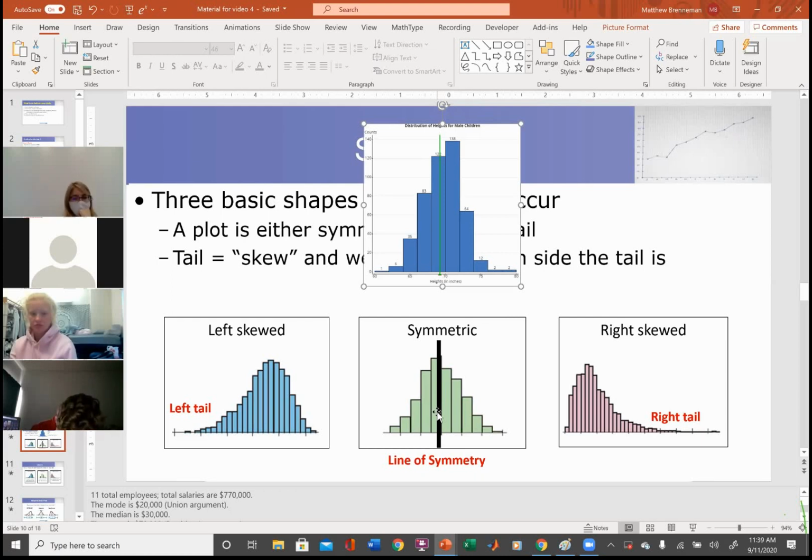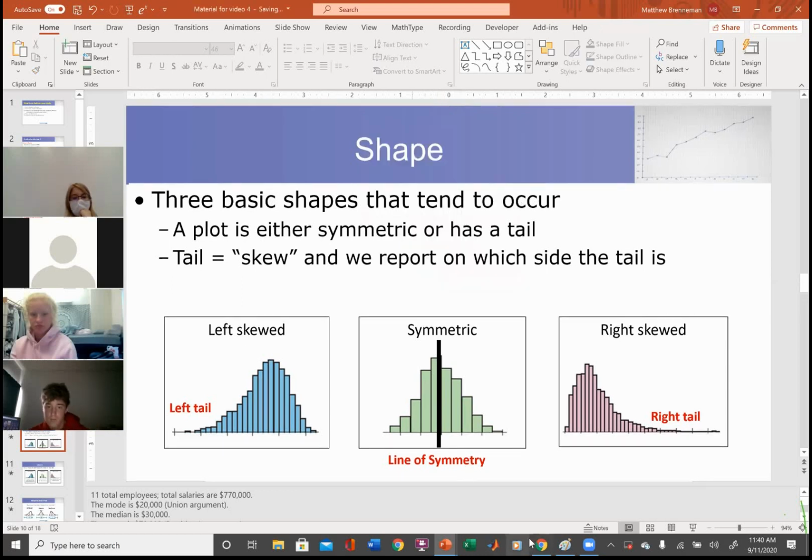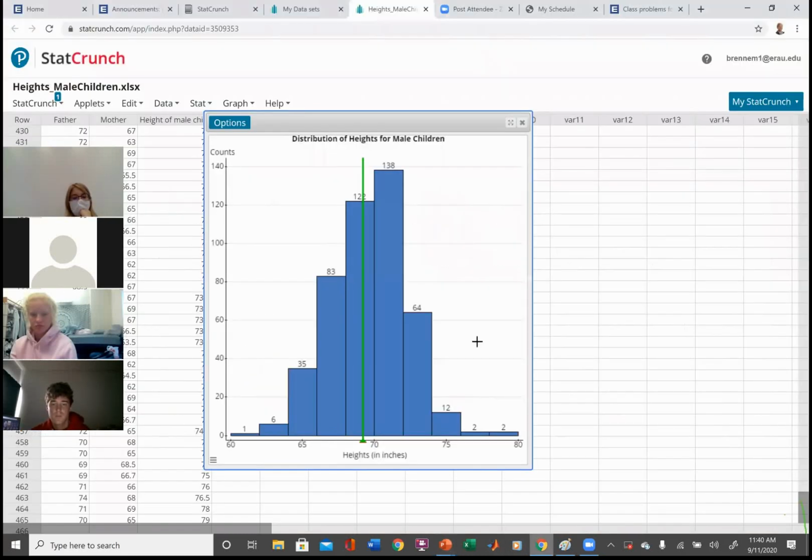If it does, you should actually think about whether or not the data is fudged, okay? Because it never looks nice and symmetric. Okay, let's go back and see how we determine this for sure. There's two ways we can determine symmetry. The first is, remember that when the data set is symmetric, the mean is equal to the median. And these two lie on top of each other, okay?